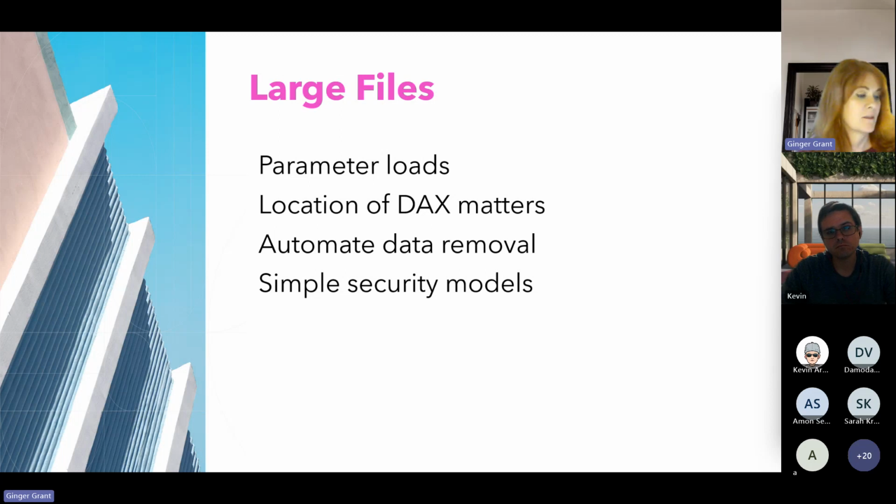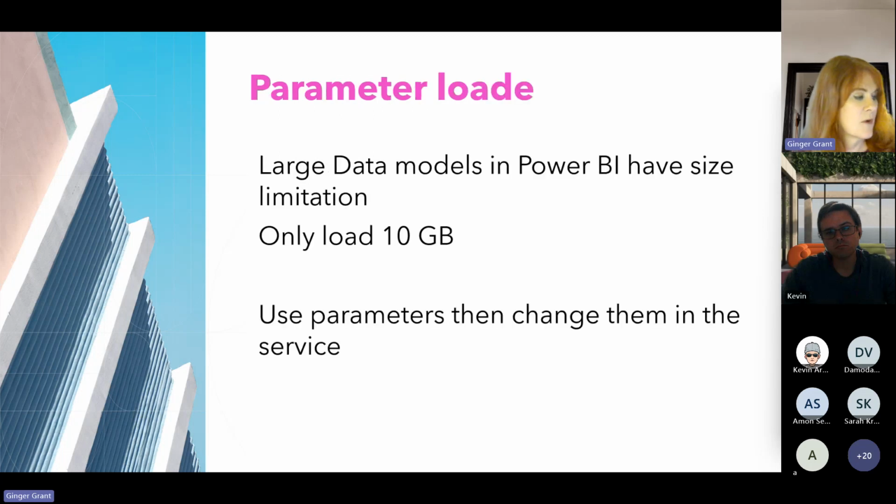So keep that in mind to do that. Basically, with parameter loads, your large data models have a size limitation. You could still only load 1 gig, and then you can use parameters and fix it in the service. So do that. The other thing to remember, if you decide to use incremental refresh on your